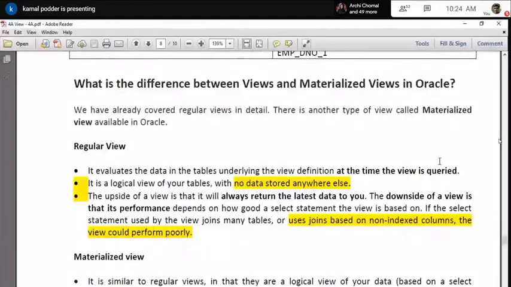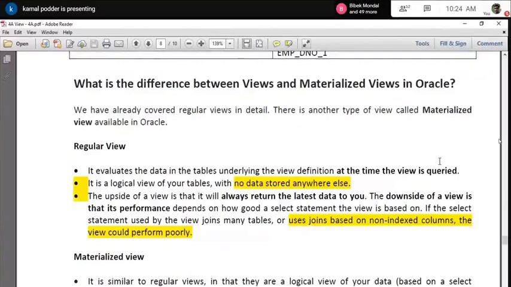Okay, sometimes we call it a regular view, and commonly that was the only view available in the database area. But recently, for the last 10-15 years, there is another sort of view available. I will not discuss that concept briefly now. That is called the materialized view. Okay, it is available in Oracle.